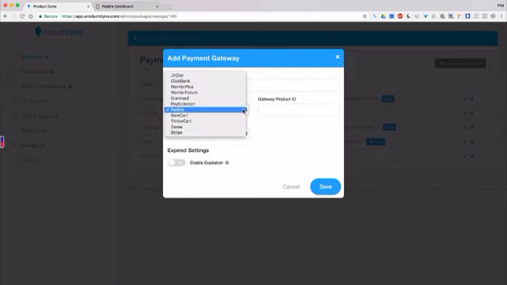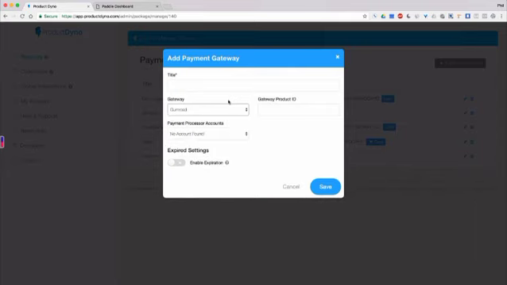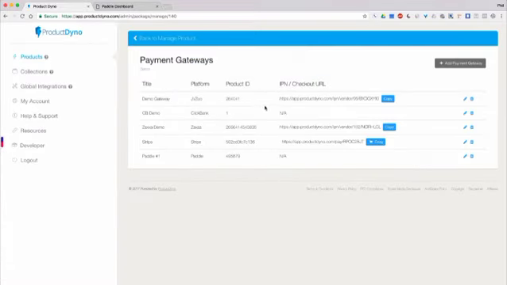Now, if a gateway doesn't have a way of getting in here, like it says Gumroad and no account found, well, that's because we haven't set it up inside of our global integrations. And with each of the videos that I talk about these gateways, you'll see how easy it is to do. So let's get out of this. I hope I've covered everything with the gateways. Now, I guess one more thing, like